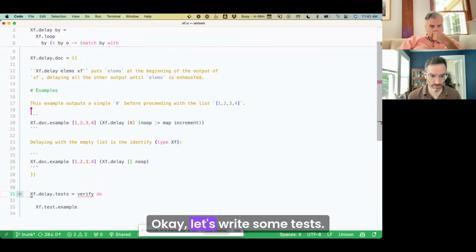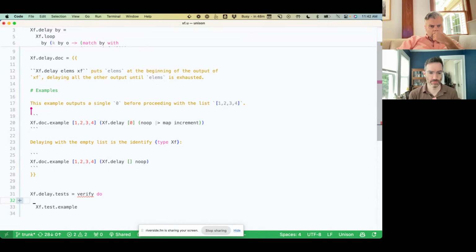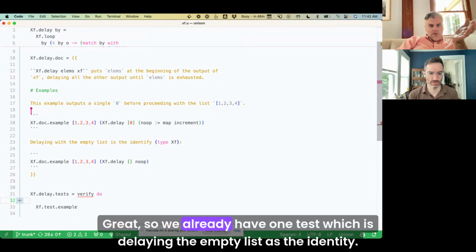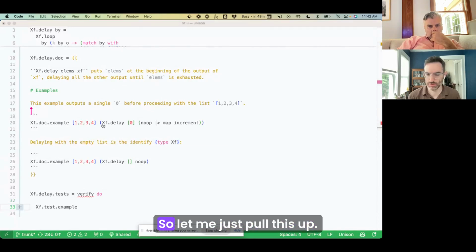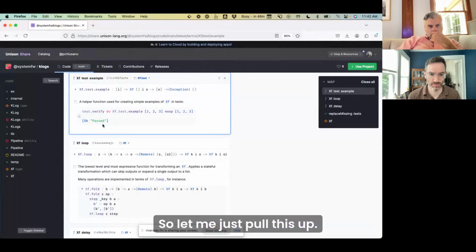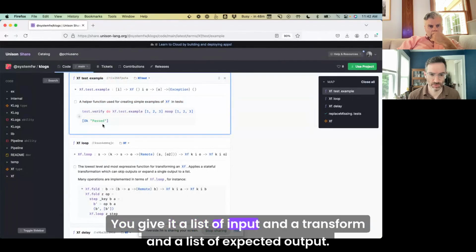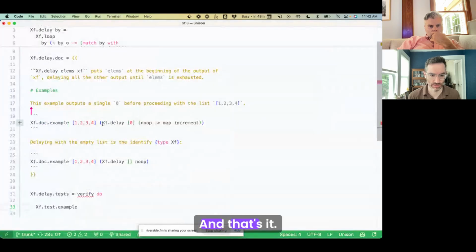Okay, let's write some tests. I would say, we already have one test, which is delaying the empty list as the identity. Yeah, all right. So test.example. Let me just pull this up. You give it a list of input, a transform, and a list of expected output, and that's it.